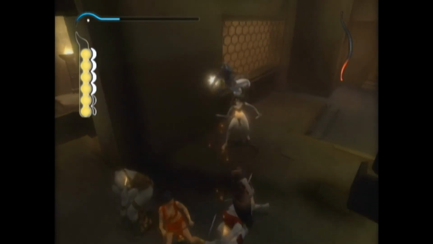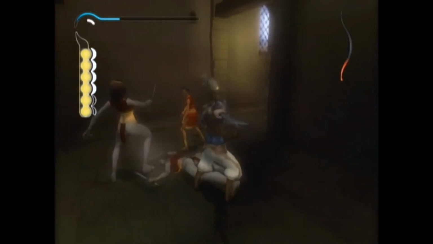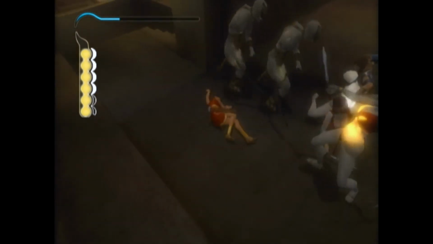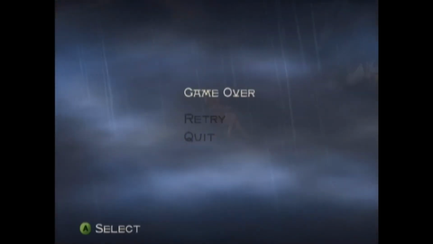So Farah and the prince develop a bond along the way as they dodge traps and find their way to the treasure room where the vizier had the Sands of Time hourglass moved to. Farah, I think, is an okay AI, but in some areas it just feels like babysitting. You even have to protect her in some areas, and if she dies, then it's game over, even though she